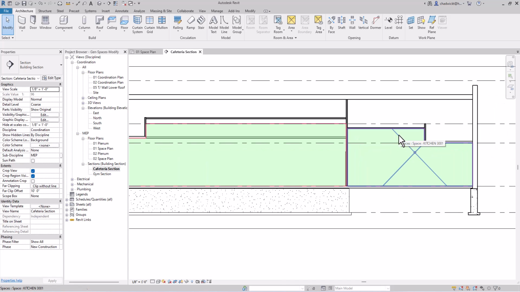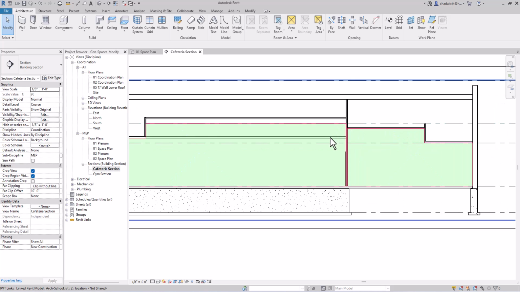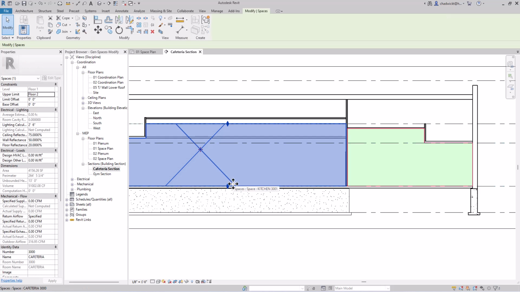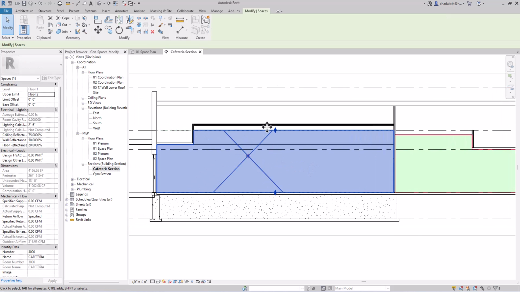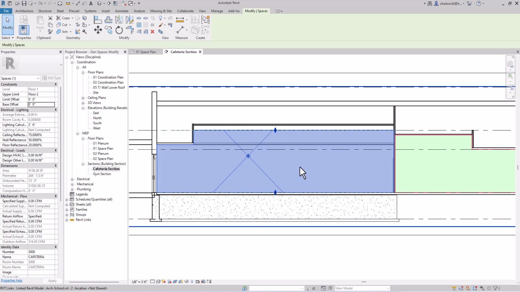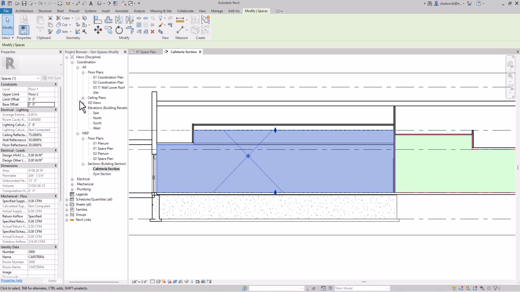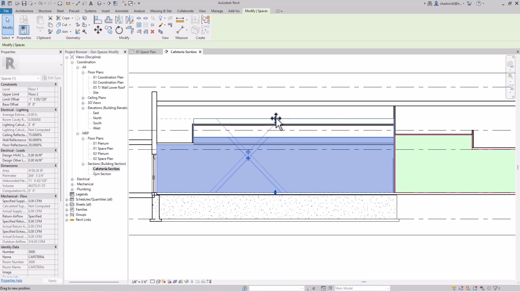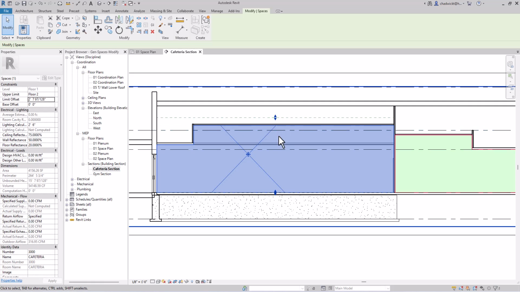So I can see this space fills the area up to the ceiling. This space here, though, does not. So I can either adjust the properties or I can drag the top edge up. If I wanted to adjust the properties, I can come over and adjust the limit offset to 5 feet so that it's 5 feet above floor 2. As you can see, it now fills it to the ceiling. You can also just simply click and drag it. I find that a little easier because maybe I don't know the exact value to type in, but I can very clearly visually see that I want it to go up above.